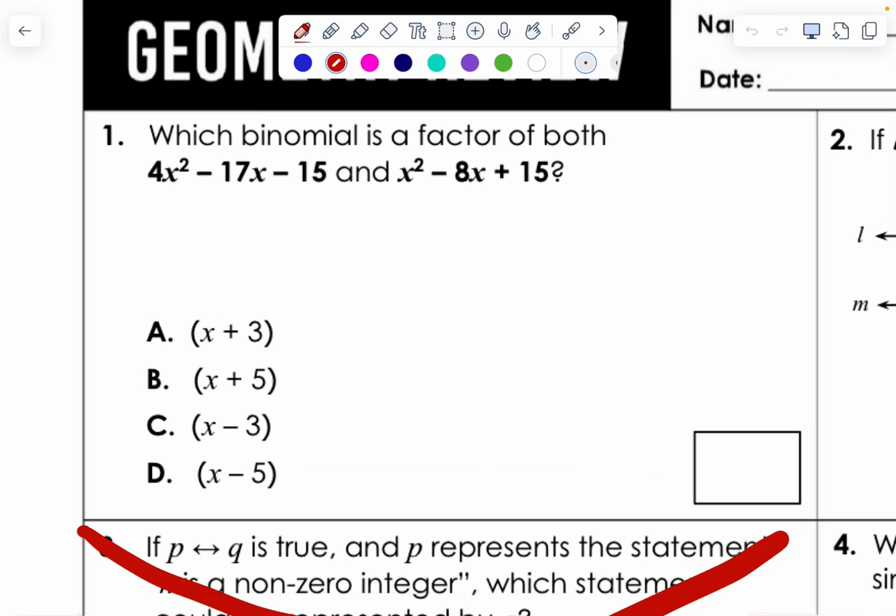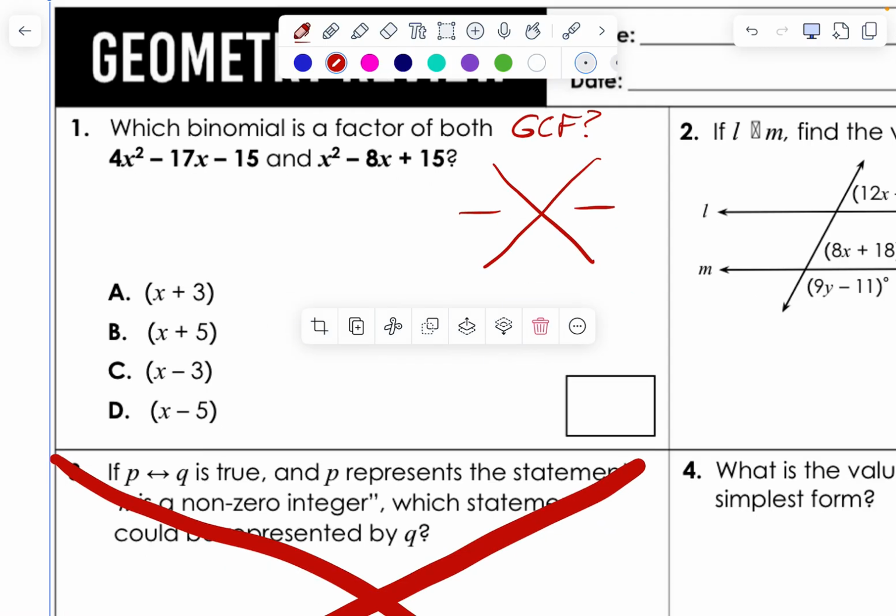We'll do the x squared minus 8x plus 15 first, just because it's easier. But your first step is to look for a GCF, meaning can you divide something out of all the terms? And on this one, there's not one. And then